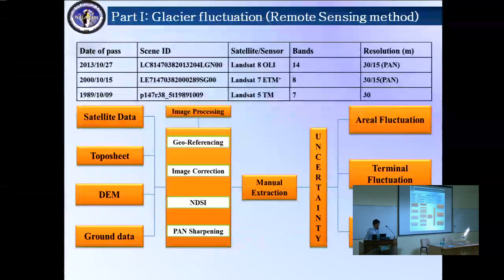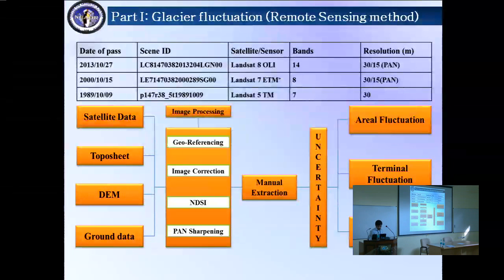For analyzing the glacier fluctuation, we used Landsat 8 data for 2013, Landsat ETM plus for 2000, and Landsat TM for 1989. We processed all the data sets with reference to SOI topography, and we also used ground data for validation. I extracted the glacier boundary manually and compared the last 25 years of fluctuation in area,